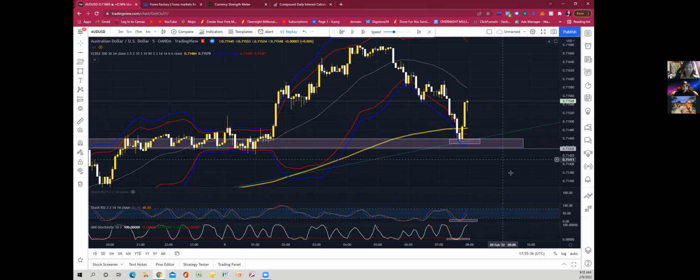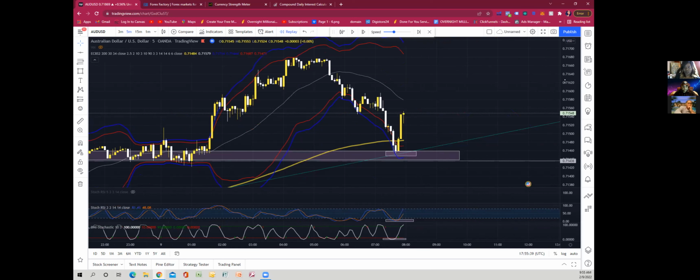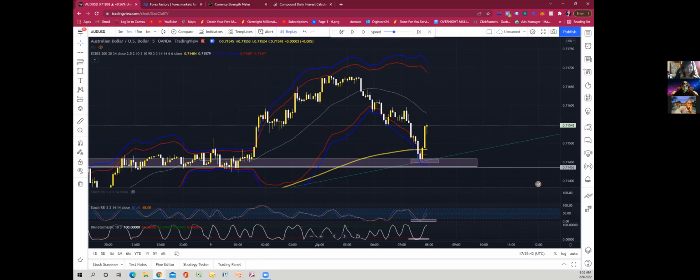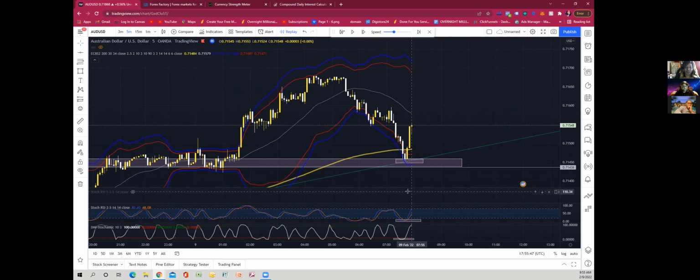Now all this market is straight consolidation. Don't trade consolidation. I mean, unless you get master at it and you're like a pro. But I don't like consolidation. I think it's ugly, so that's my personal preference. So as you can see, it hit this zone. It hit our trend line and then it skyrocketed.